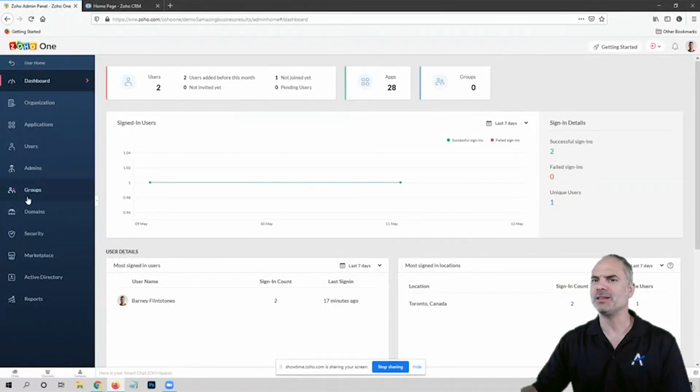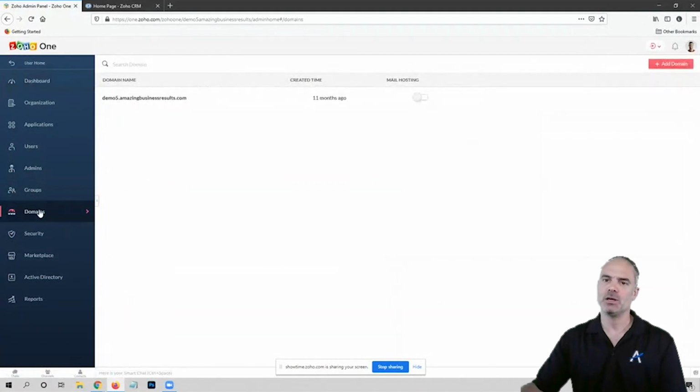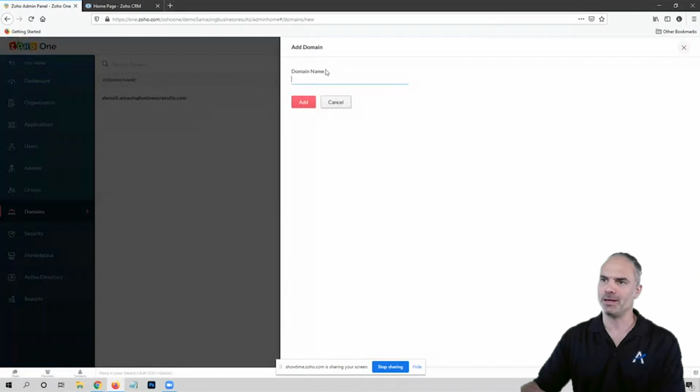Okay. One thing that you can do, if you want her as an internal user, you can go to the domain area and you can add your domain here. You will need to create a verification process when you add a domain.